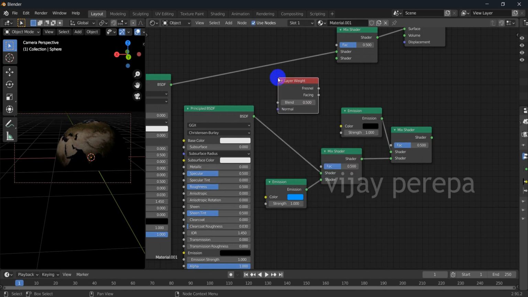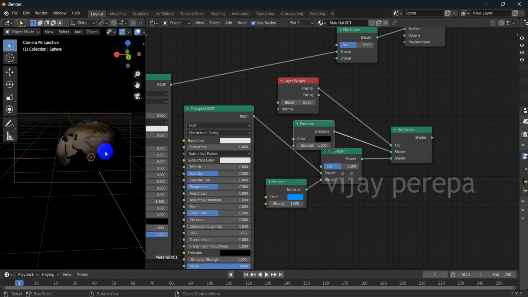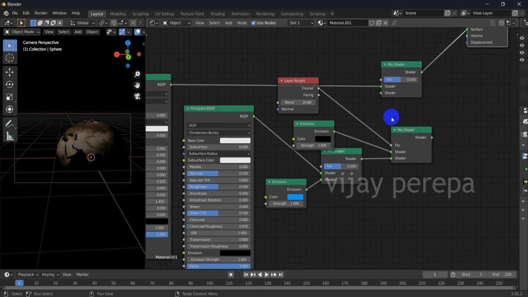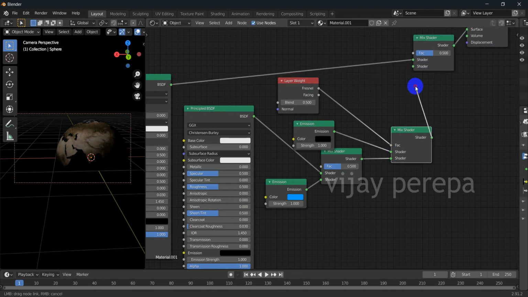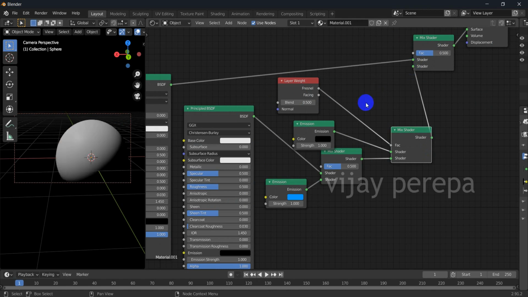This will create that effect, the environment shader effect, Fresnel to Fac. And now this entire bunch is currently not connected to the earth texture. For that, let me bring this and connect to this mix shader. Now you can see the effect.